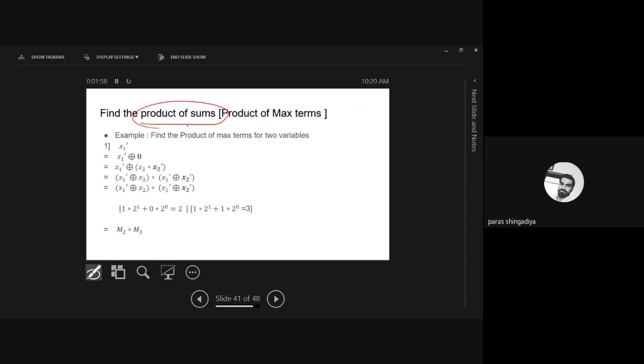Product of maxterm is also called a product of the sum. There are also two types of concept, for two variable and for three variable. So in the maxterm concept, when it is asked for maxterm, we'll add a ring sum 0 first. And then in place of 0 we'll use the formula by using the expression as x2 star x2 dash. The one variable given is x1, so add the second variable as x2 star x2 dash. Clear? And then apply the distributive law.